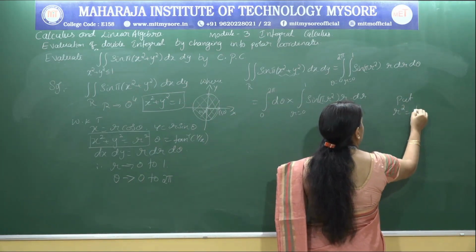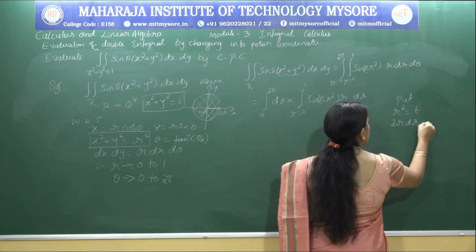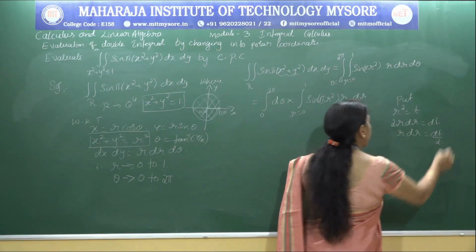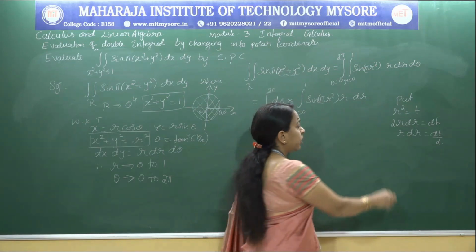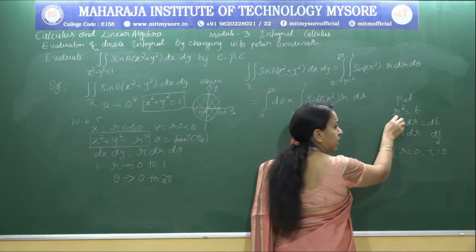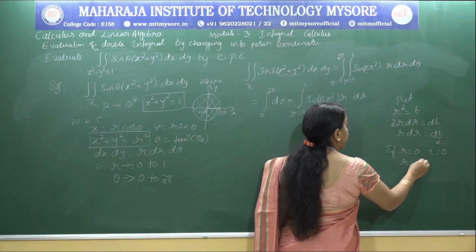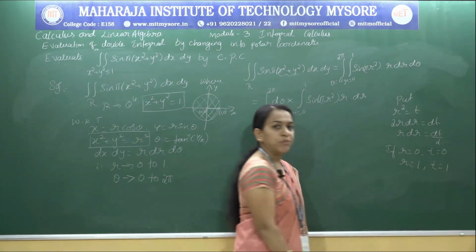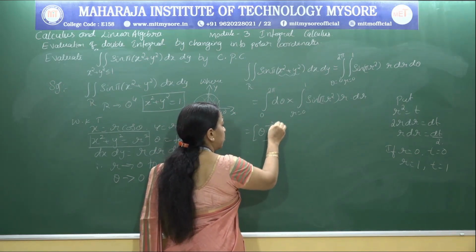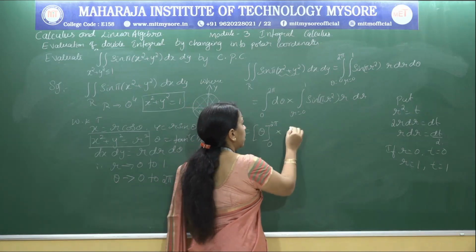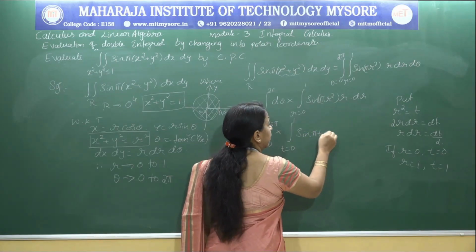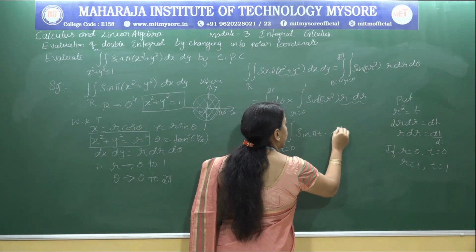Put r square equal to t, so that 2r dr is dt, or we can replace r dr by dt by 2. Of course, we should get the limit of t now. If r is 0, because the lower limit is 0, our t is 0. If r is 1, the t value is 1. Now substitute and integrate the first one, d theta integration, theta between the limit 0 to 2 pi, into the integral t varies from 0 to 1 sin pi t, into r dr can be replaced by